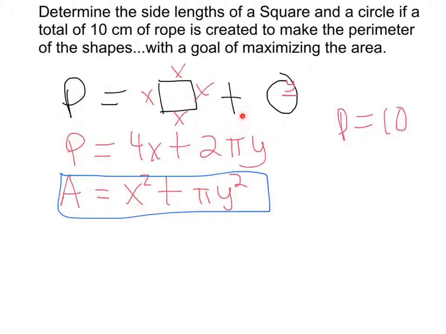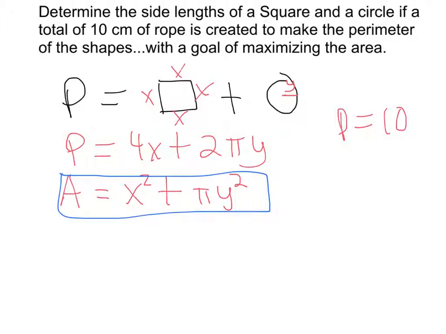We know the perimeter is worth 10. So I either have to get y by itself or x by itself. Well, if I look at this equation here, it's a lot easier to get x by itself than it is to get y, because to get y by itself I'm going to have to divide by 2 pi. And to get x by itself, I'll have to divide by 4. So it'd be easier to get x than y. But I typically don't like to do that. So what I'm going to do is go back actually, and I'm going to